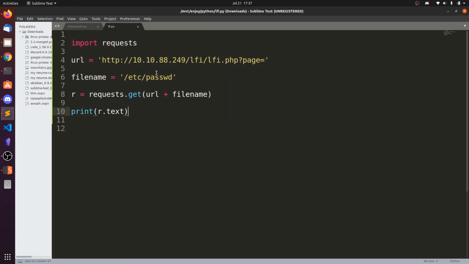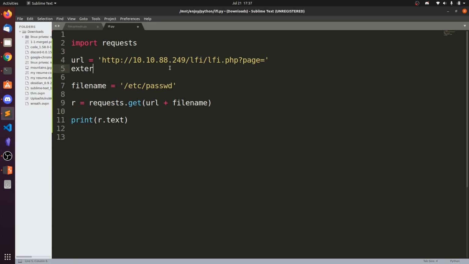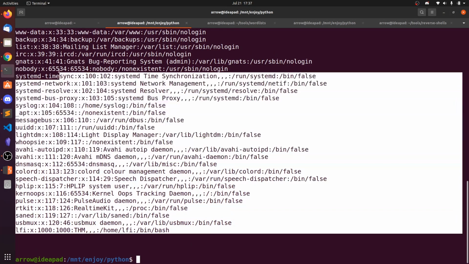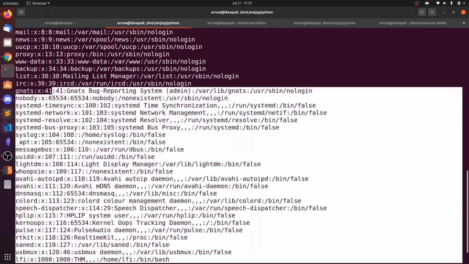Now you can also, let's say, extended underscore URL. So you can add some paths here, up paths. You can also put the extended URL plus filename. So this should give the same result. So we got the same result.